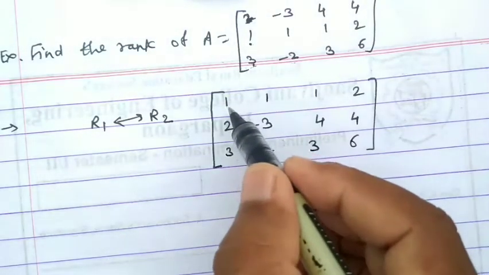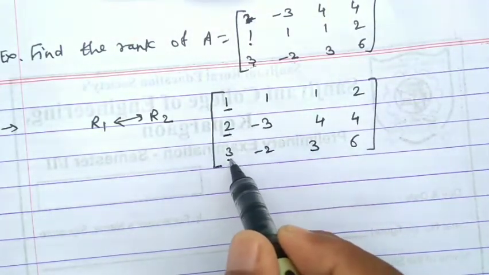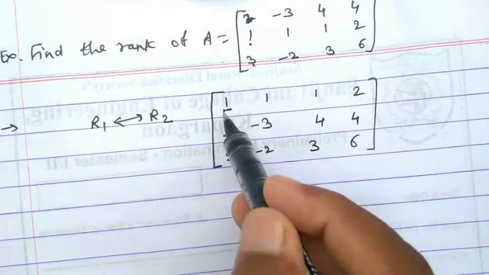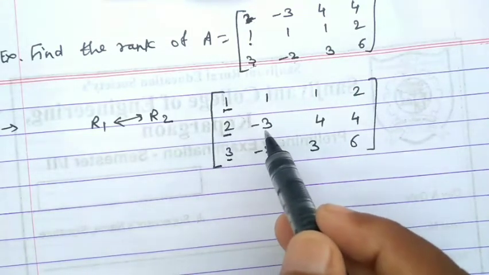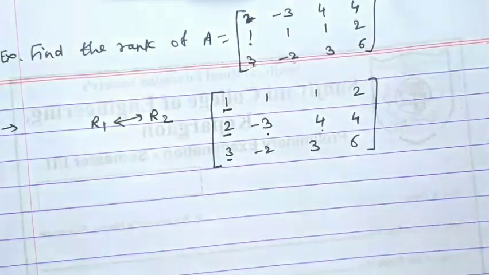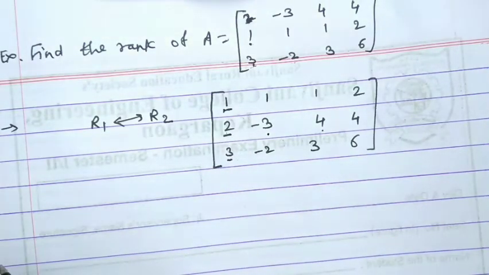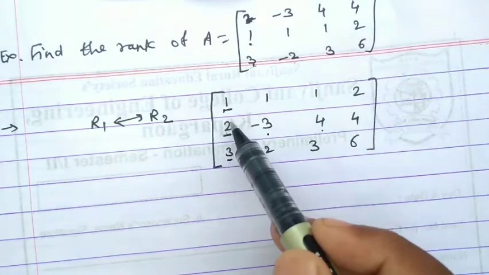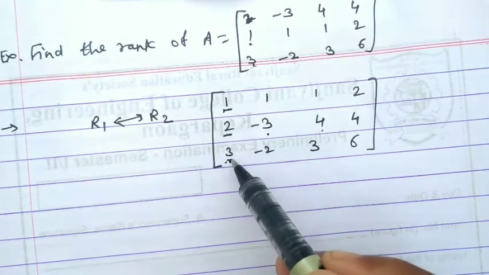Now you will get the first non-zero element in the first row. Here you have to make this element 0 and this element 0, because in the second row the first non-zero element must be to the right-hand side. So in the second row the non-zero element must be either here or here or here. Okay, so you have to make both these elements 0. Now keep in mind that these two elements are from the first column, and we have to make them 0.